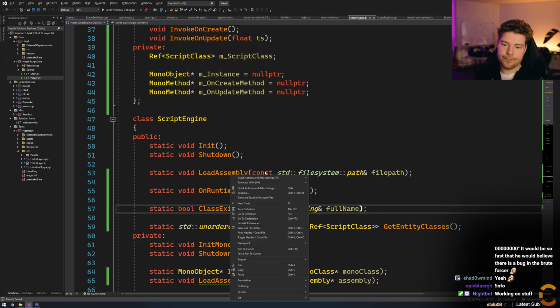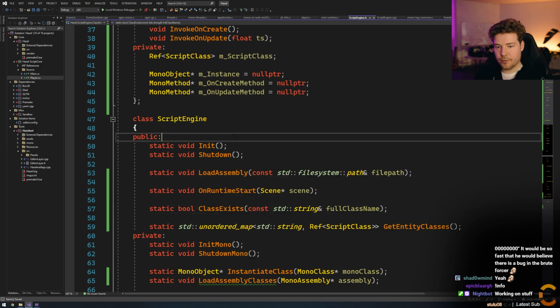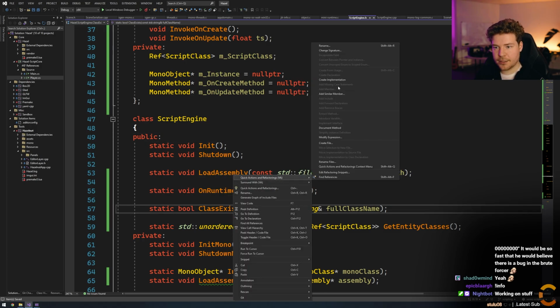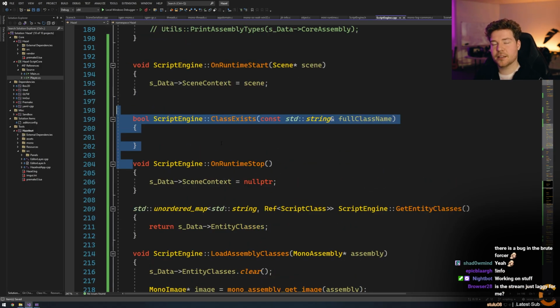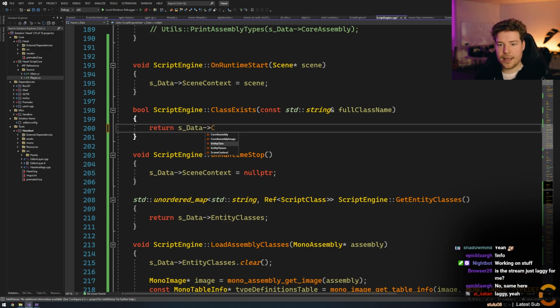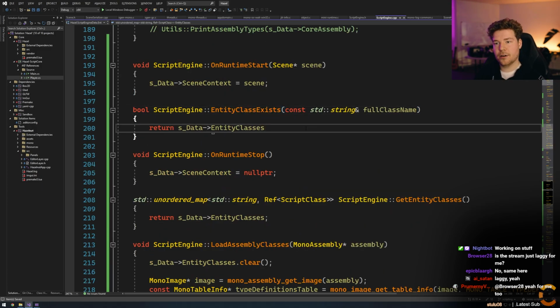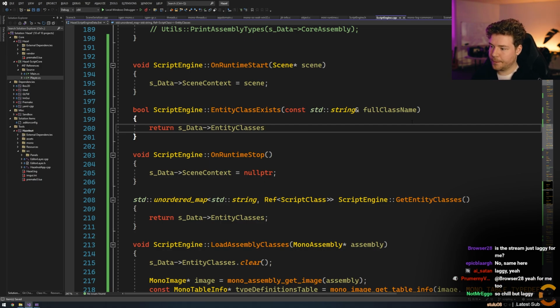Full name, maybe full class name. When I write full class name, by the way, in case it's not obvious, that means basically including the namespace, so like the fully qualified kind of name. And then this will just return as data entity classes. So this is more of an entity class, right? So I'll say entity class exists because this is specifically gonna only search classes that are